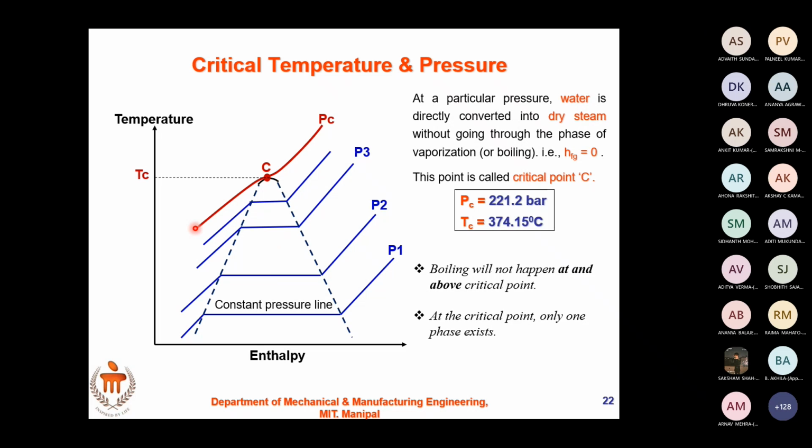Unsaturated feed water, we call it feed water. Feed water is the water that is coming into the boiler from the condenser. So unsaturated feed water enters the boiler. Heat is added to that unsaturated water till the critical temperature, and at critical temperature there is direct conversion to the vapor phase. The entire liquid gets converted to vapor phase. Okay. Got it? Yes.